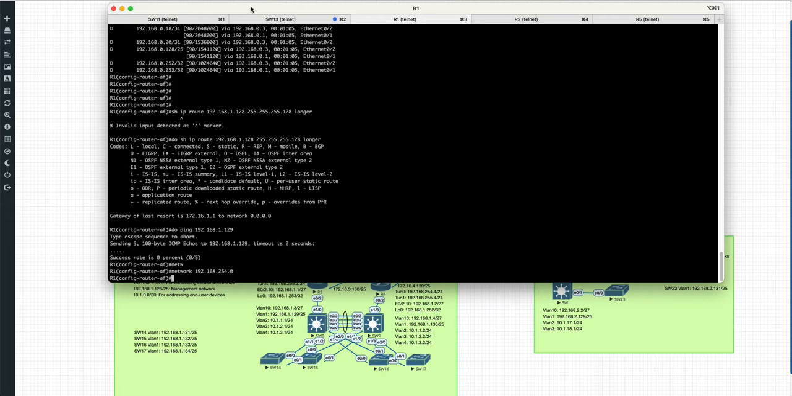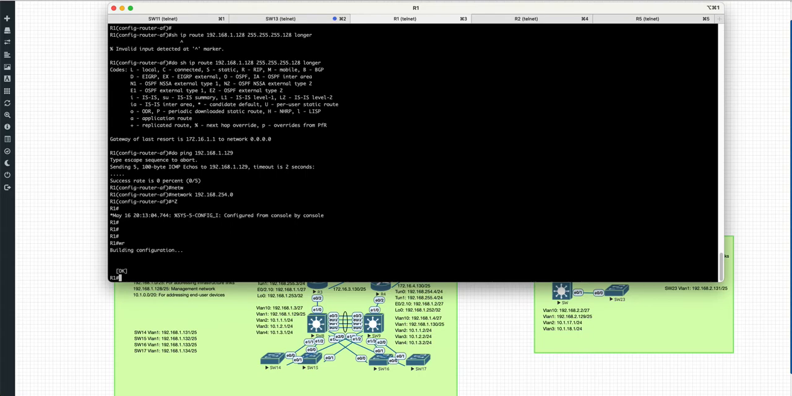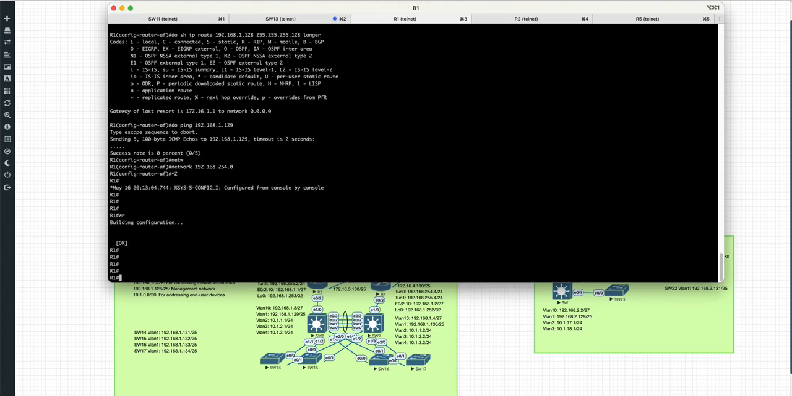Okay, so that is pretty much it for router R1. Let's get out of this configuration mode and save the configuration to the local non-volatile random access memory. And let's move to R2. To speed up